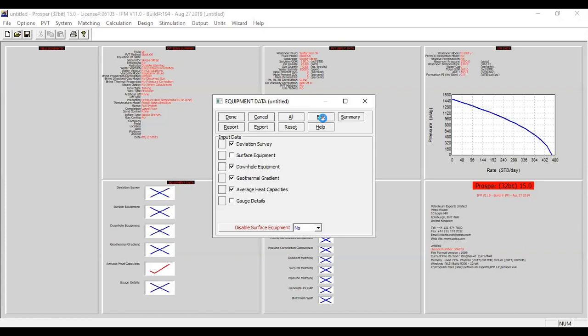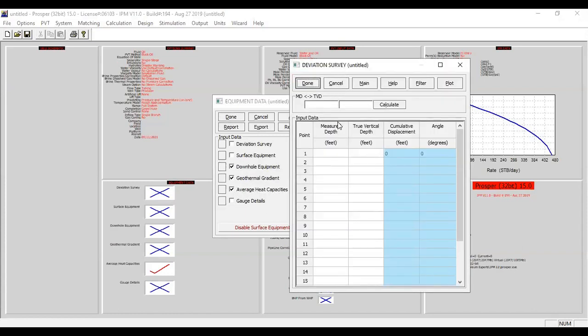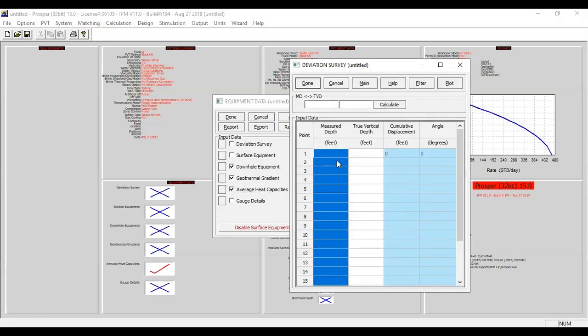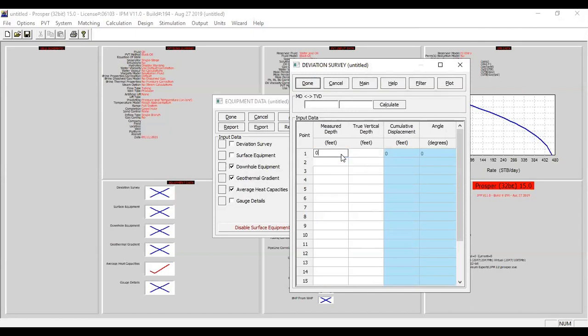I click edit. Now the deviation survey shows the deviation of the well: the measured depth and the true vertical depth, starting from a depth of 0 down to 3,500. The measured depth and true vertical depth are the same, so I have a vertical well.